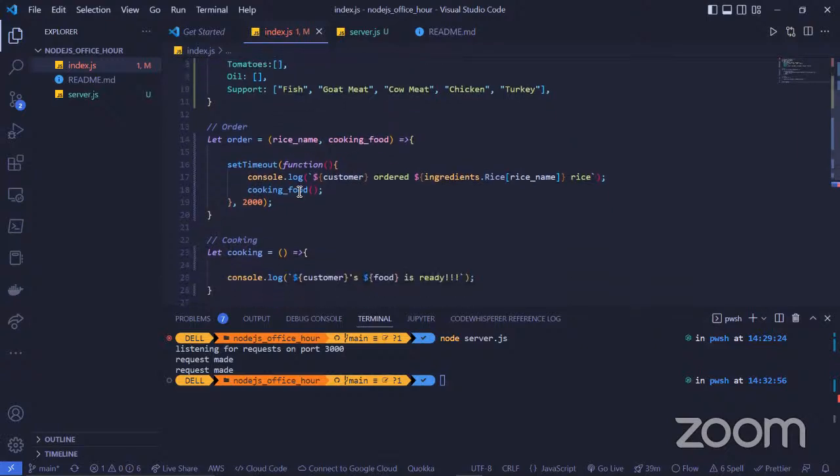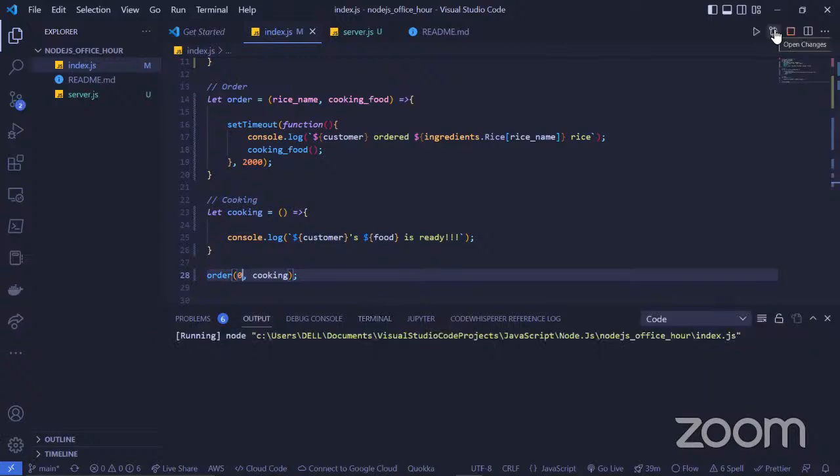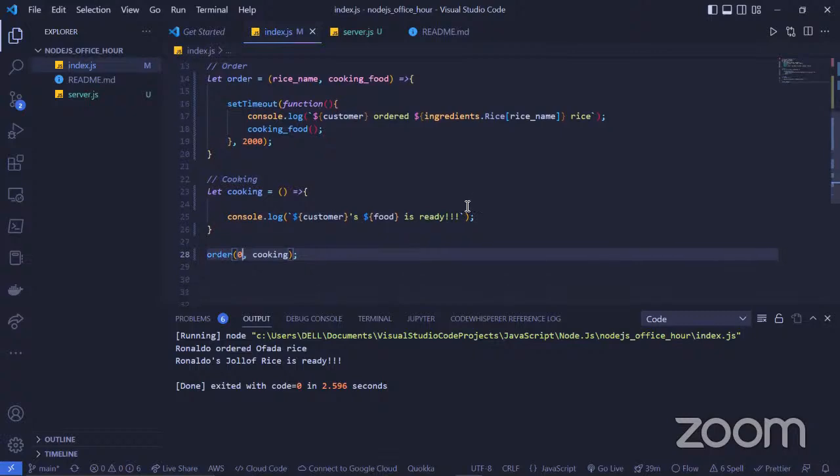If I put 0 here and run my code, Ronaldo ordered ofada rice, you can see it here.